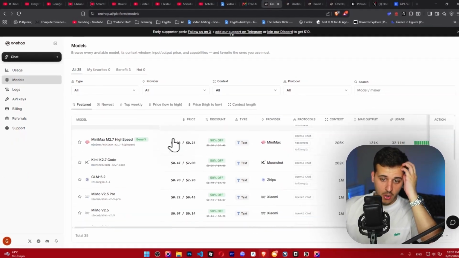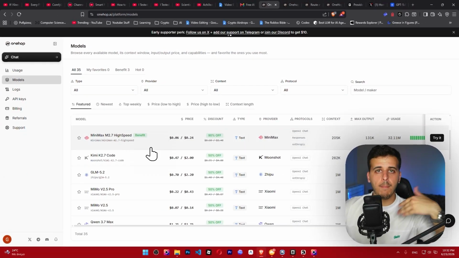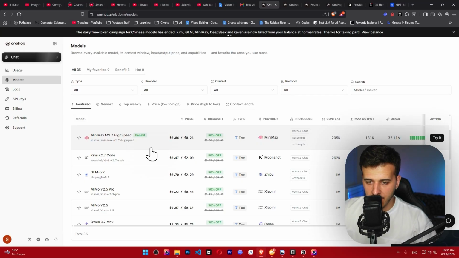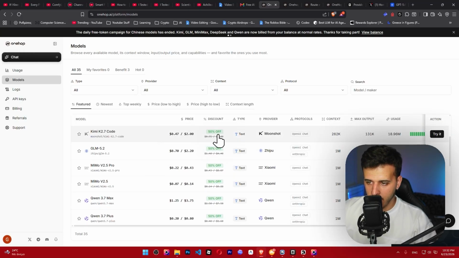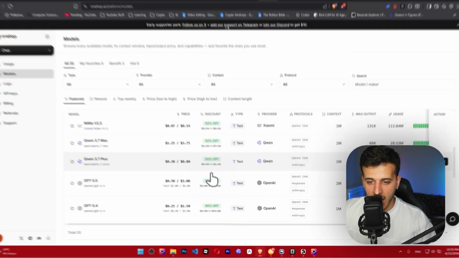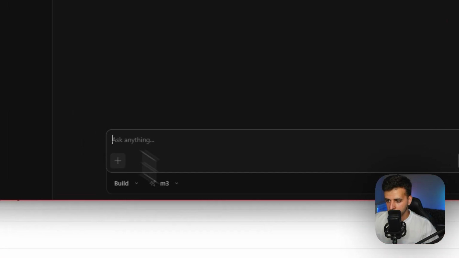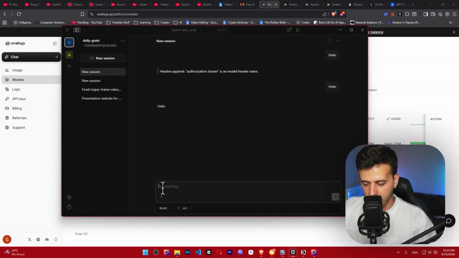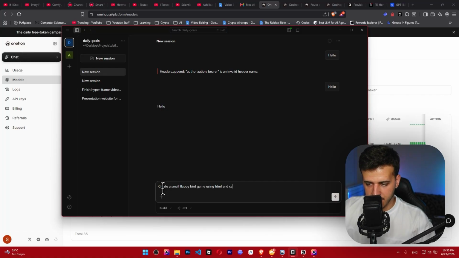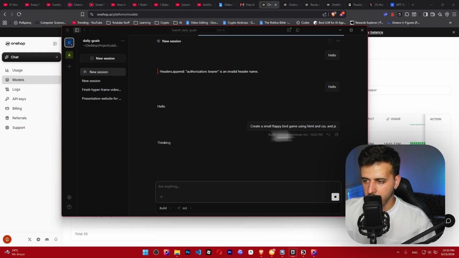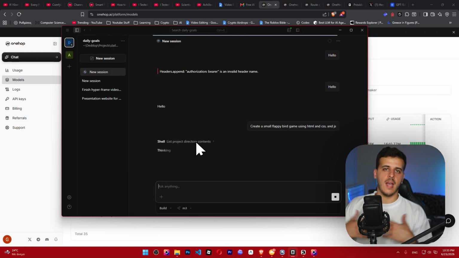So you can scroll through all of these models, just keep adding them into your provider, which you just connected. They got very aggressive discounts right now across a variety of models. So what we're going to say here to OpenCode is create a small Flappy Bird game using HTML and CSS and JS. So that's what we're going to say, the model is thinking, starts taking action, and the whole